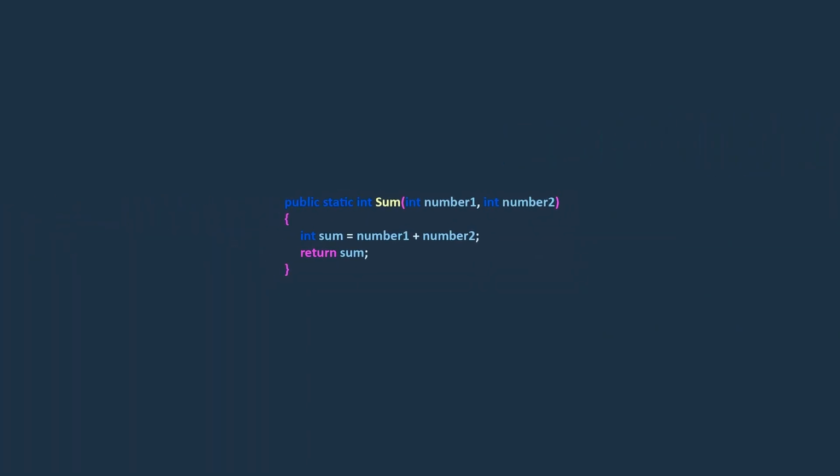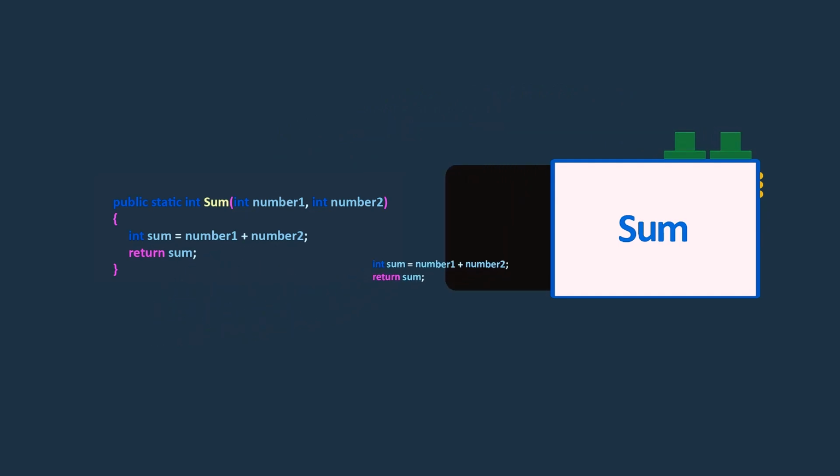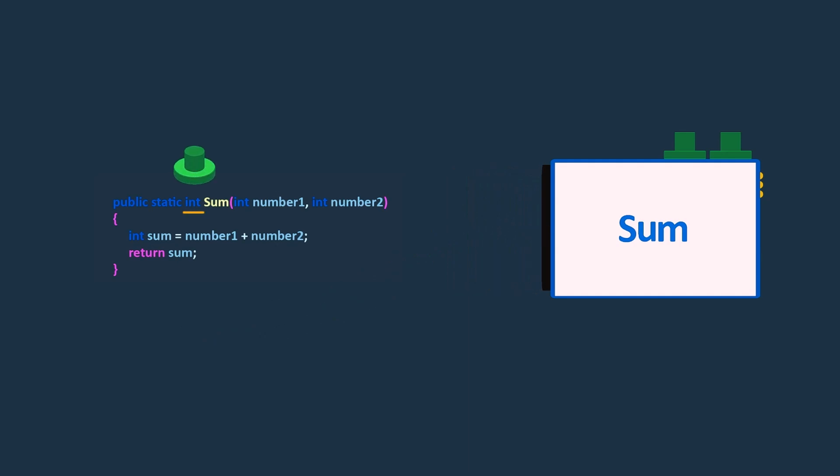Okay, let's continue. In this simple example, we define a method called sum. This method takes two int inputs, number 1 and number 2, as its parameters. After carrying out its specific task, the method then returns an int value as its output.